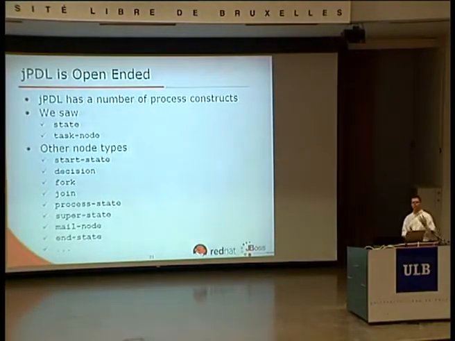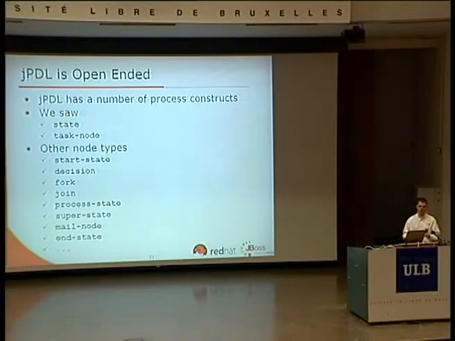So far for tasks. Now we're going to focus on integrating Java code with processes. So we saw already wait states and task nodes as workflow constructs in the process. But JPDL has a number of other constructs as well, like start states, decisions, forks, joins, process states, and so on. So it's got a complete list of process constructs that you can use to model your processes and to make them executable. But very important here is the last one, the 3 dots, which means that